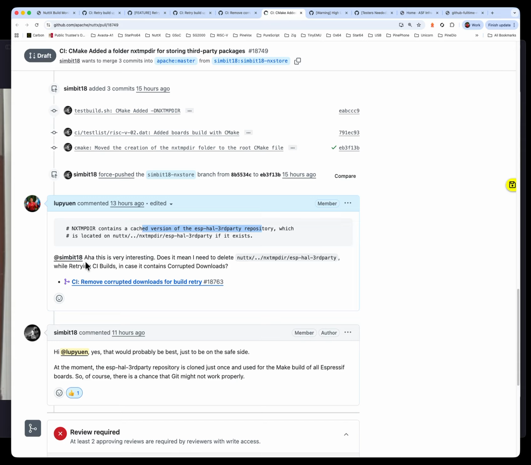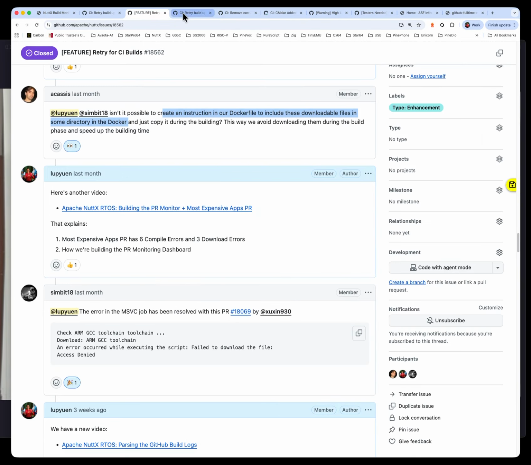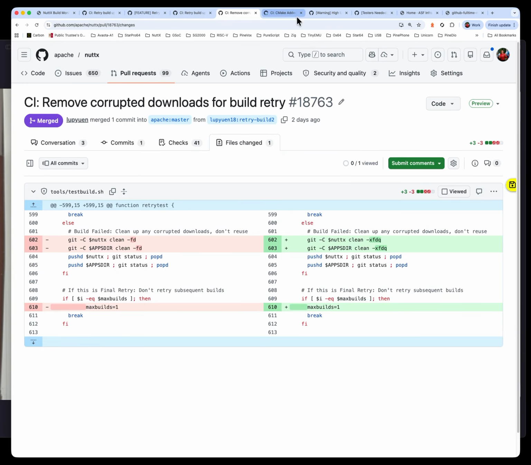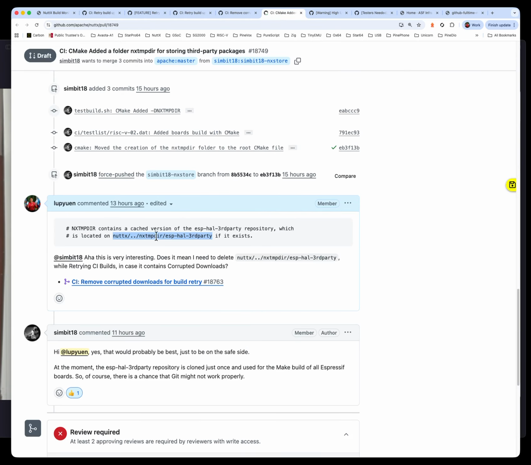And remember that we're doing a retry of CI builds, right? We will retry if anything fails. If this repo fails to download from GitHub.com, well, it will retry. But the retry will not help because it's going into a different folder. Right now we are doing cleanup, yes, but our cleanup is happening only within the NuttX folder and the apps folder. It does not clean up